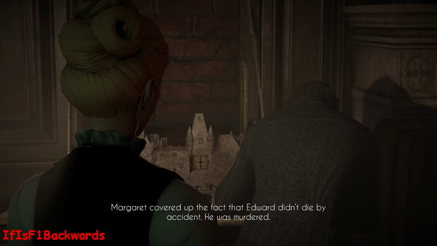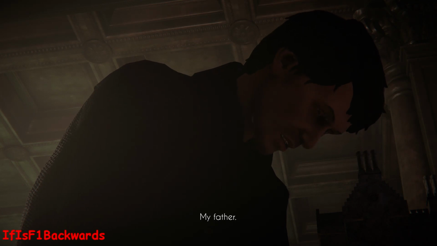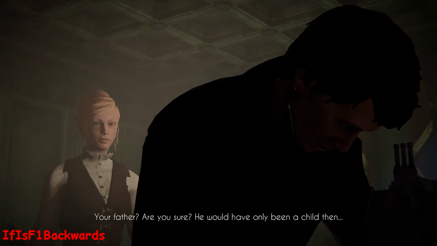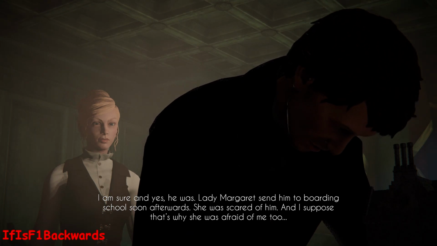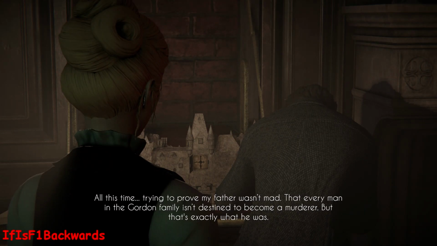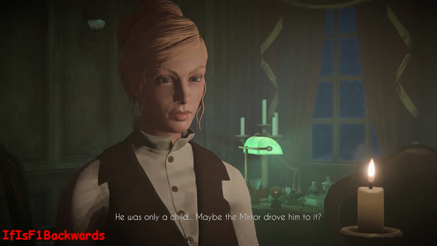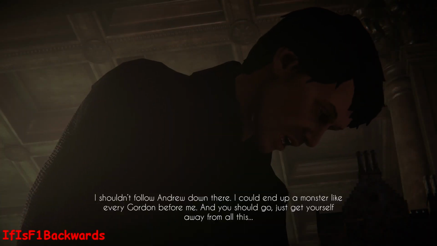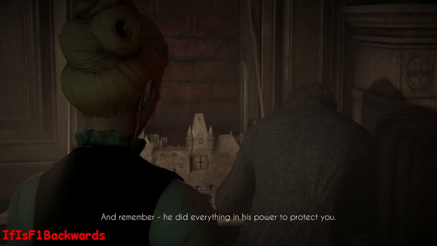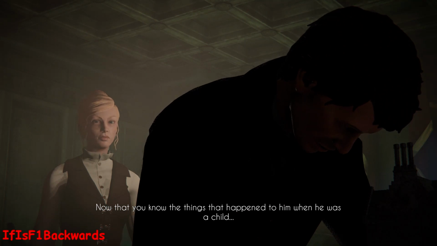Margaret covered up the fact that Edward didn't die by accident. Murdered? My father. Your father? I am sure. And yes, he was. Lady Margaret said all this time, trying to prove my father was... He was only a child. It did. I saw the darkness take off. I shouldn't follow Andrew down there. I could end up... Nonsense. You're the only one. And remember, He sacrificed himself. Now that you know the things that happened...